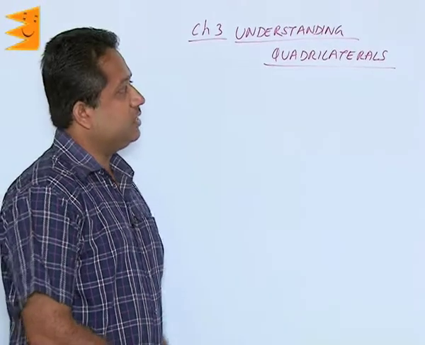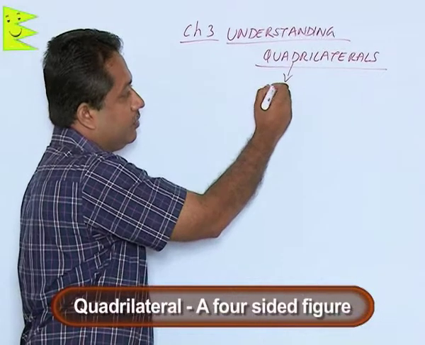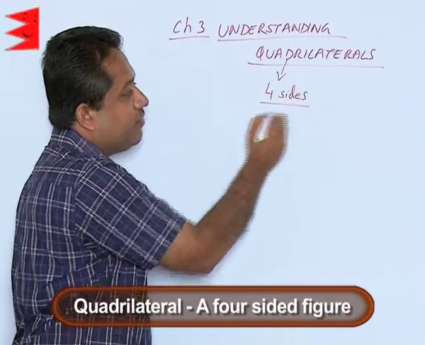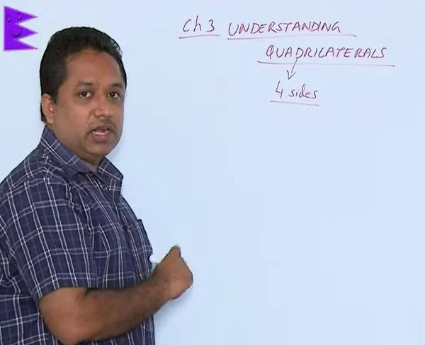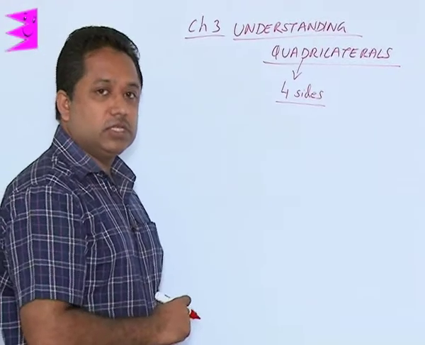Understanding quadrilaterals. Quadrilateral means a four-sided figure. When the figure has four sides, we can say that figure is a quadrilateral. But before studying what quadrilaterals are, it is important that you know that there are different types of polygons, and